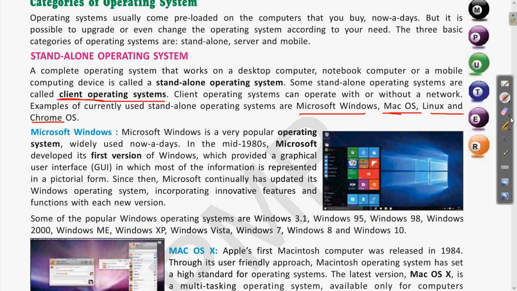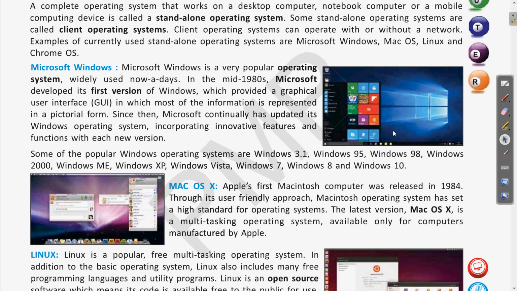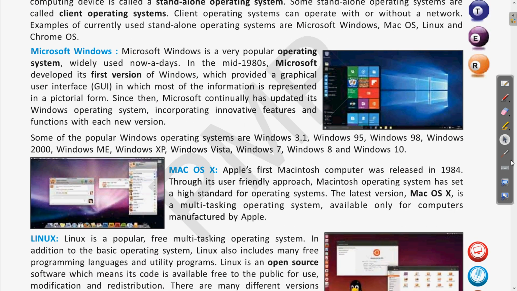In the next topics it is discussed about the same. Windows operating system is developed by Microsoft and it was launched in the mid 1980s. Clear? And we all know the different persons who are associated with the Windows operating system.